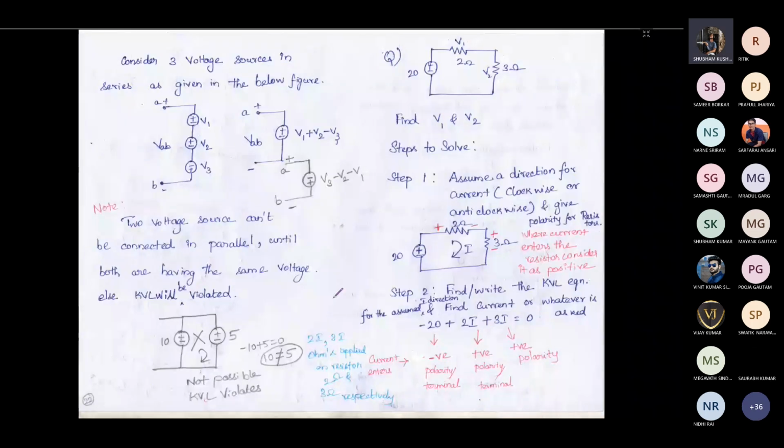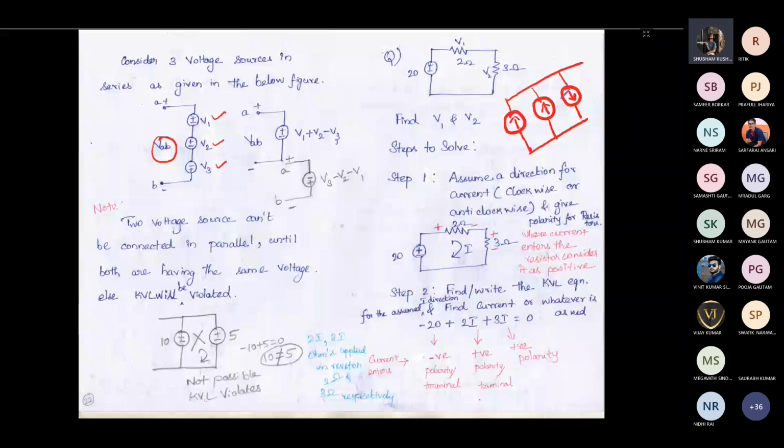So let us proceed. Consider that you have three voltage sources connected in series. This is V1, this is V2 and this is V3. If you add these voltages, you will get VAB. This is the sum of voltages, and these are the individual voltages. If you want to make an equivalent voltage source, then you can add them. If current sources are connected in parallel, you can add or subtract according to the current direction given. Yesterday we saw this: if current sources are connected in parallel, you can add or subtract in order to make the equivalent current source.